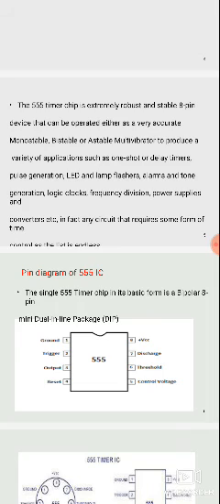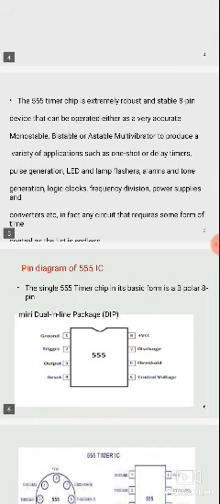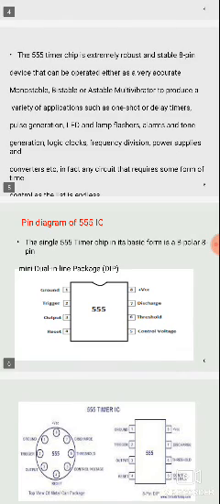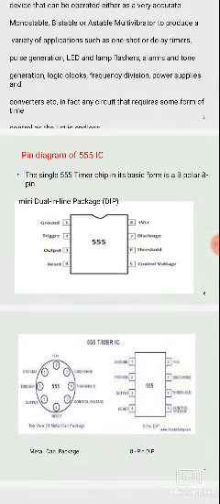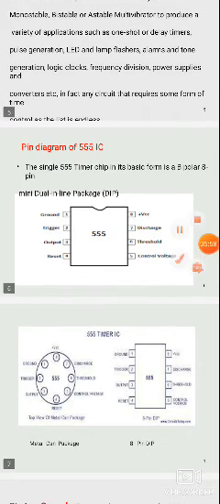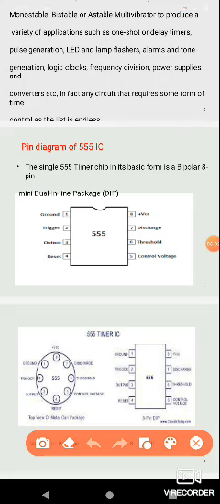The pulse generation depends on the time delay, from microseconds to hours, and it also works in LEDs, lamp flashers, alarms, tone generation, clocks, frequency division, power supplies and conversions. It can be used in control systems, with endless applications. Endless applications means a maximum number of applications. And this is the structure of the 555 IC.